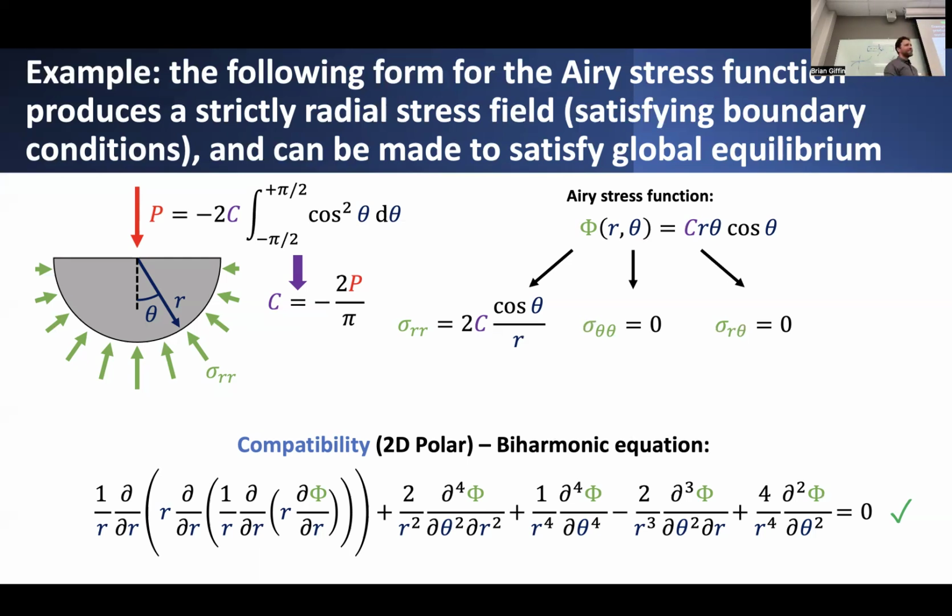And again, coming back to the notion of Saint Venant's principle, how we exactly define these boundary conditions is sort of undefined. There's any number of ways that we could have chosen to represent this distribution of sigma rr stress on this boundary, but it turns out it doesn't really matter. Saint Venant's principle says that far enough away from how we define these boundary conditions, if what we want to know is interior to this domain, then how we define those boundary conditions is irrelevant. So if we picked, let's say, some semicircular plate whose radius was quite large,